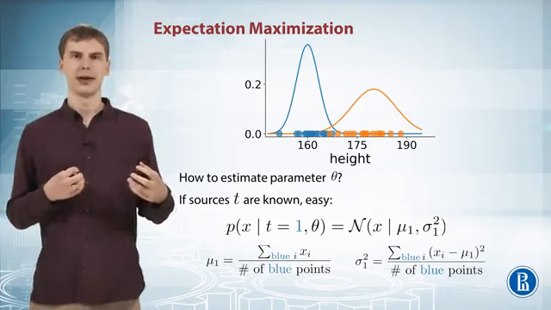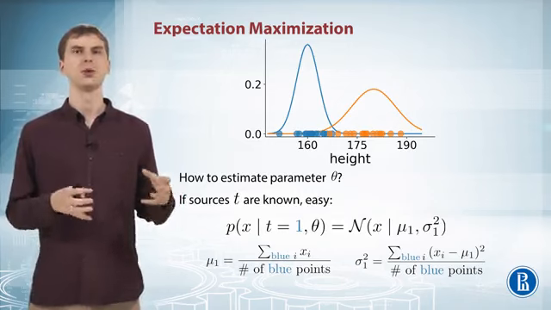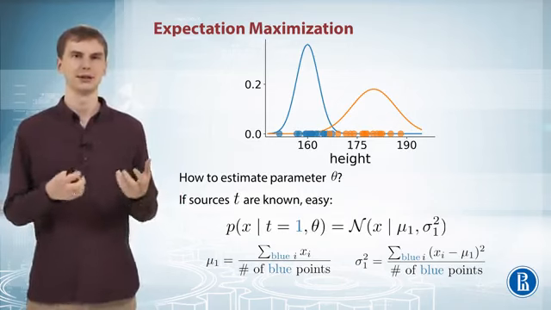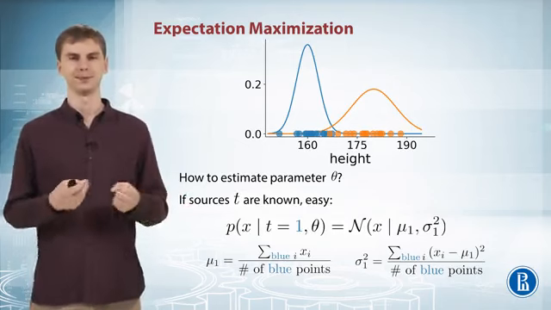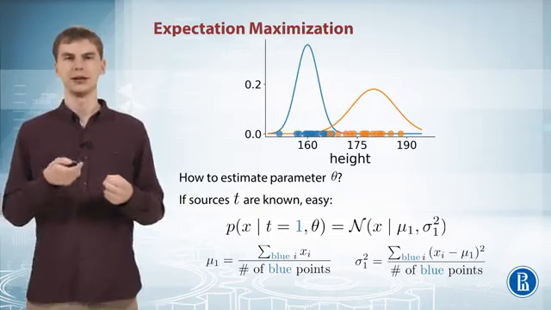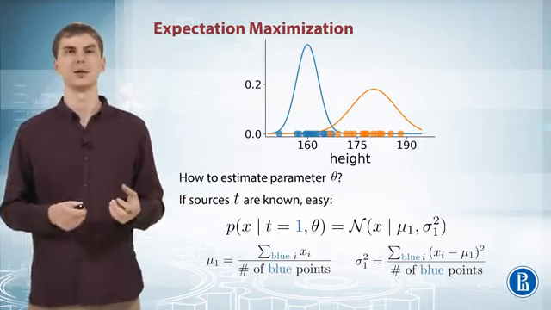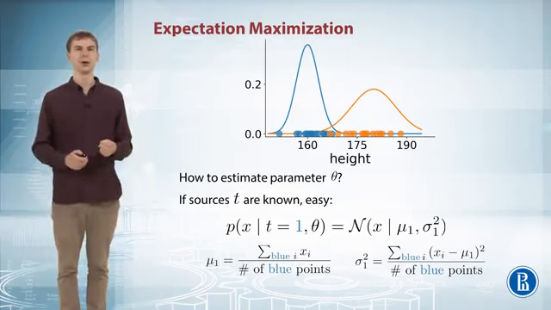And we can look at them separately from all the orange data points and just fit them into one Gaussian, which we already know how to do, because it's just fitting some data set of blue points into a Gaussian distribution. You can see the formulas on the bottom of the slide, but it's something we have already done in week 1. Which means that if we know the sources, if we know the values of the latent variables, it's easy to